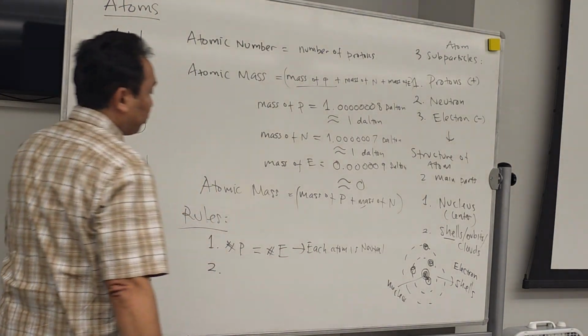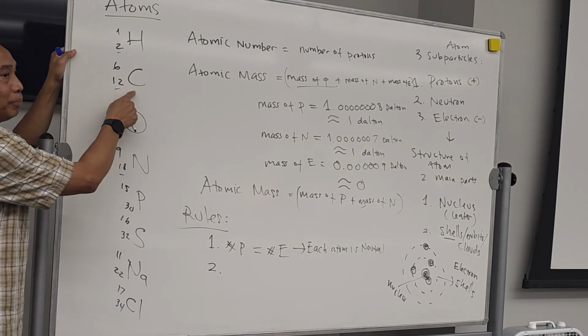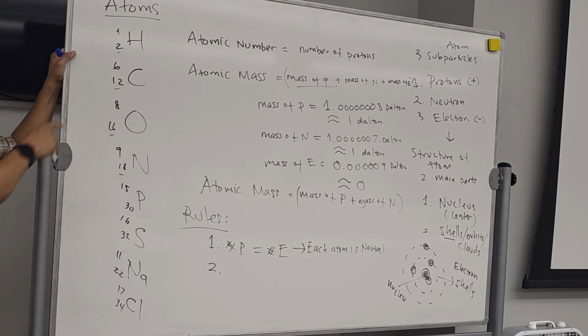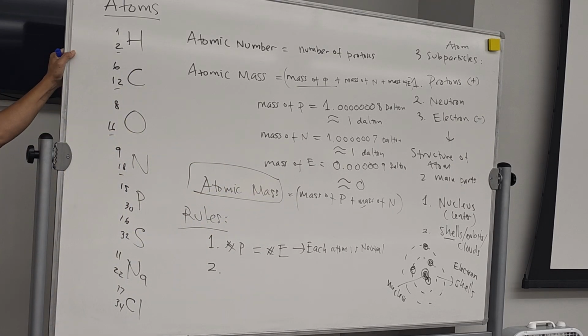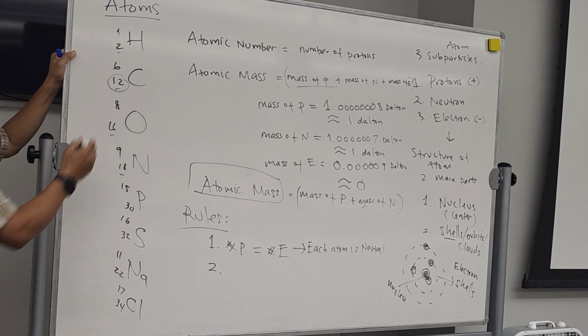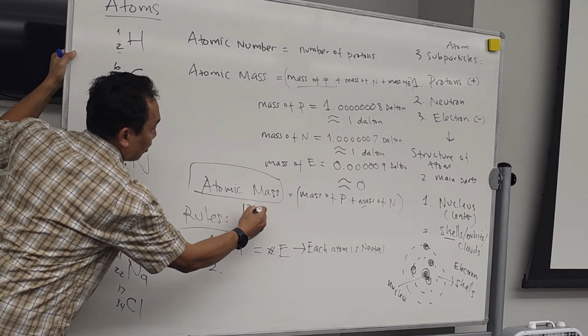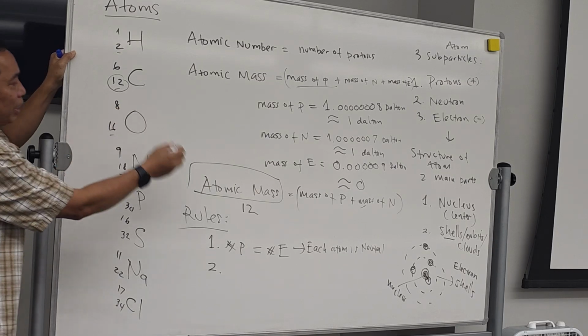Look over here. Okay, let's say based on the first rule over here, look at this one. Carbon. How many protons does it have? How many electrons? How many neutrons? Use this formula over here. How many neutrons is it going to be, based on this number? Come on, it says the atomic mass is 12, right? So you already have the number over there, right? The atomic mass of carbon is 12.